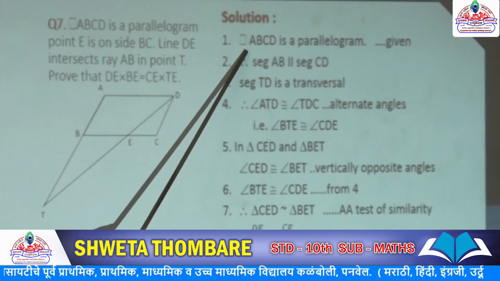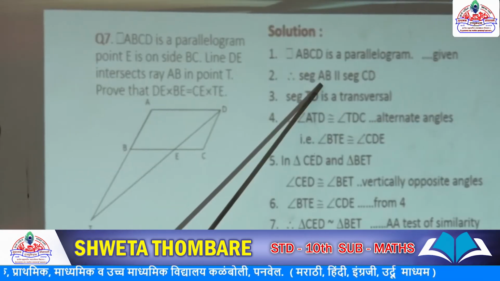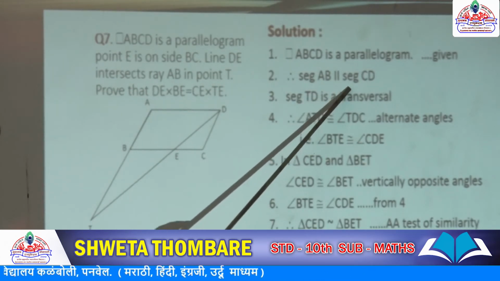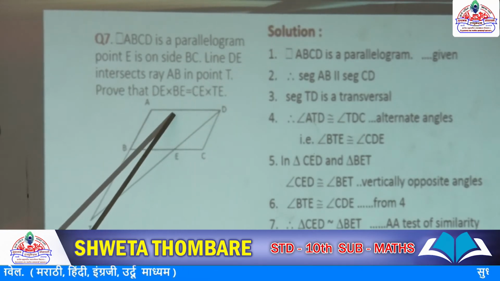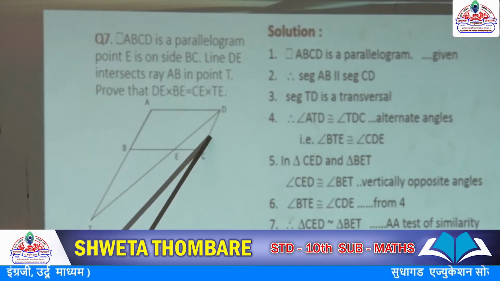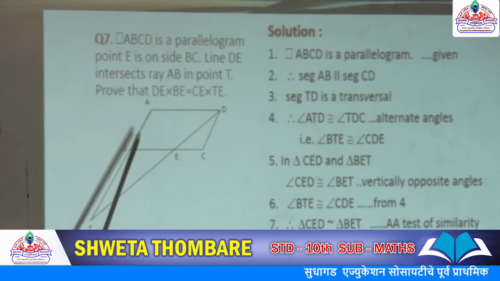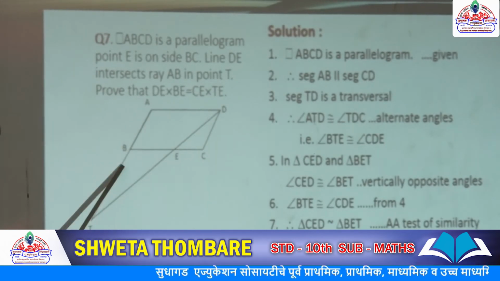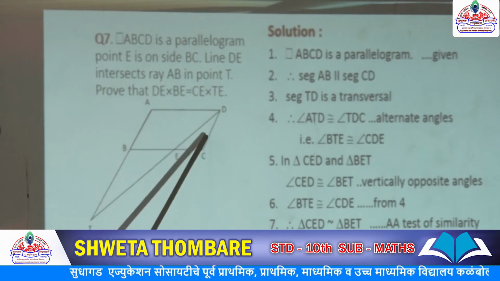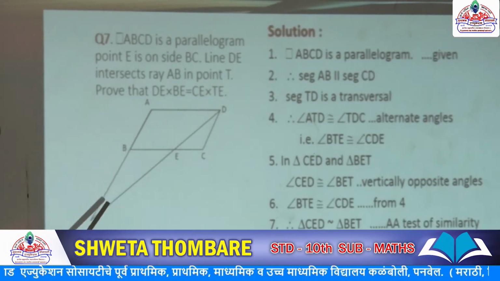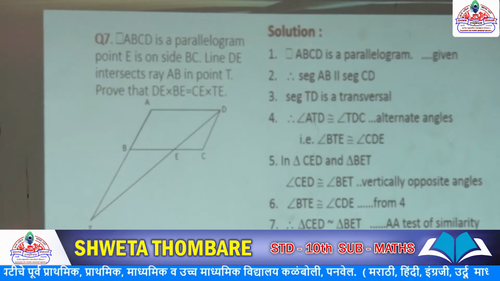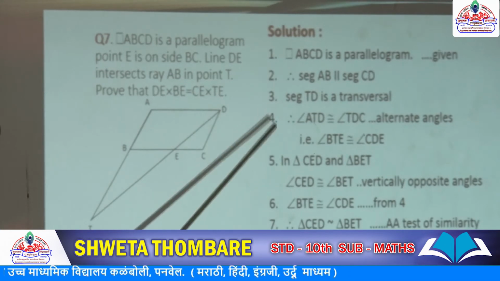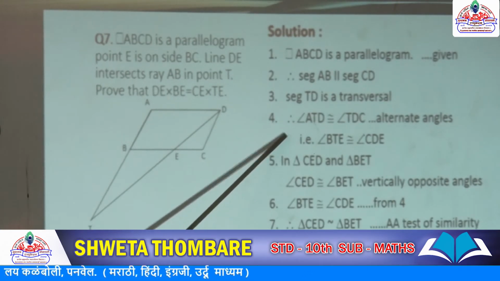As ABCD is a parallelogram, we know that its opposite sides are always parallel. So here we can say segment AB is parallel to segment CD. Here we will take TD as a transversal. See here once again, as ABCD is a parallelogram, we know that AB is parallel to CD. Then as these two lines are parallel, we will take TD, this line, as a transversal. So because of this transversal, one pair of angles becomes congruent, which is that angle